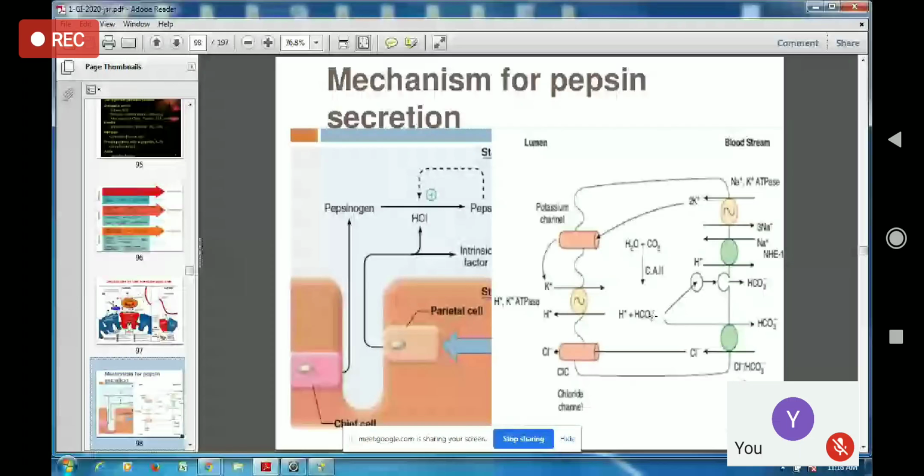There are always two levels of regulation: neural regulation and hormonal regulation. Please keep in mind that whenever you are asked a question regarding any secretion in the GIT, you have to remember that there is neural regulation and hormonal regulation. Neural regulation means the sympathetic and parasympathetic nerves for any GI secretion, whether it be salivary secretion, gastric juice secretion, that is HCl secretion, or pancreatic juice secretion. When there is sympathetic stimulation, secretion is decreased.